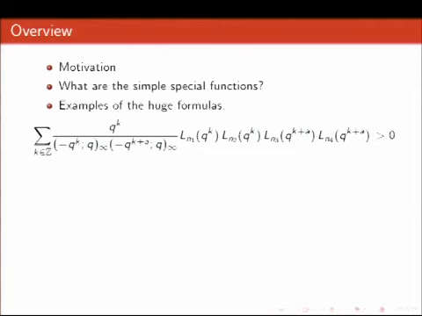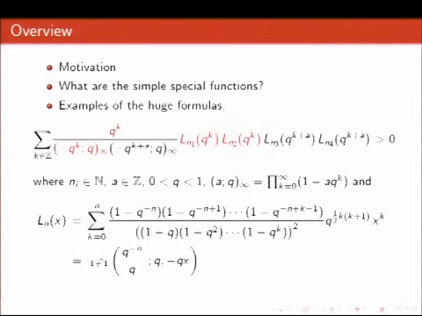And I want to give you an appetizer, so you start with this one. So this is actually a positivity result. So the nice thing is that I don't have to write the right-hand side, except the fact that it's bigger than 0. And of course you can write down this whenever you like, because I didn't really say what these special functions are, so I should explain. So these are